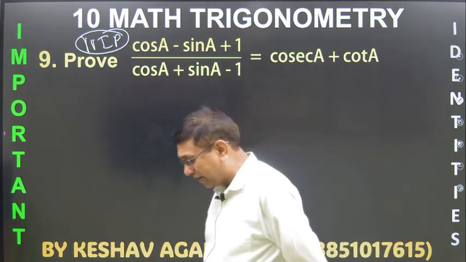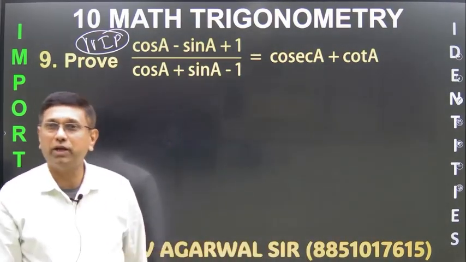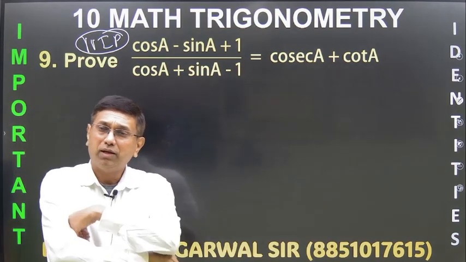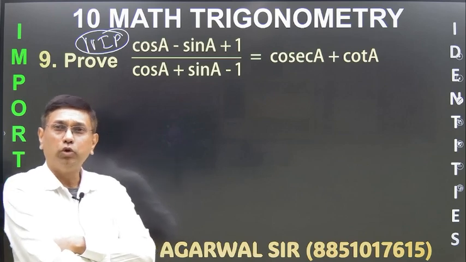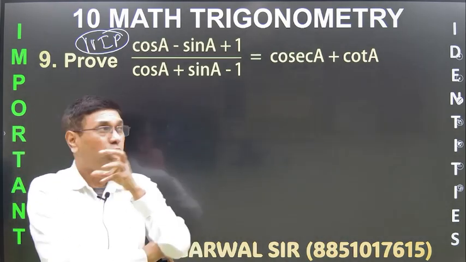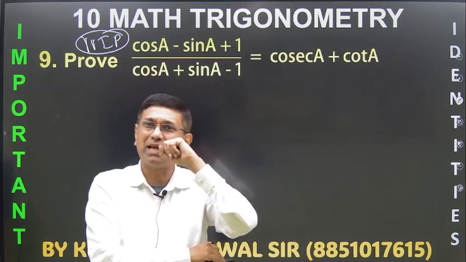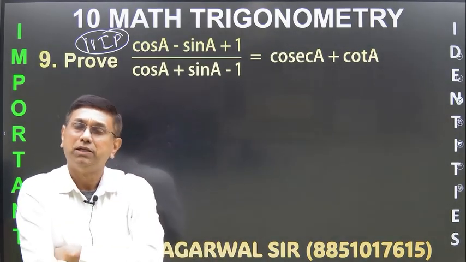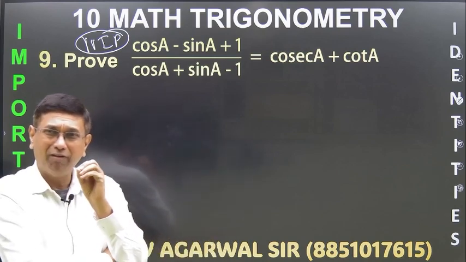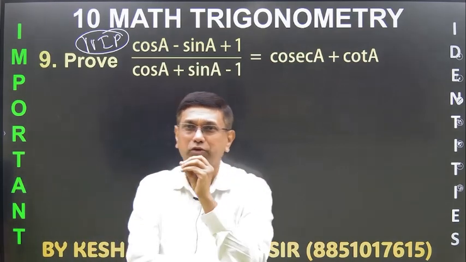Now you see, at the face of it, the student again struggles. Left is in cos, right is in cosec and cot. So again, what should the student do? You can rationalize and do it, but make it a rule. If you see this, tan A plus sec A and cosec A plus cot A, this question is again based on that only. What they have done, they have actually confused you.